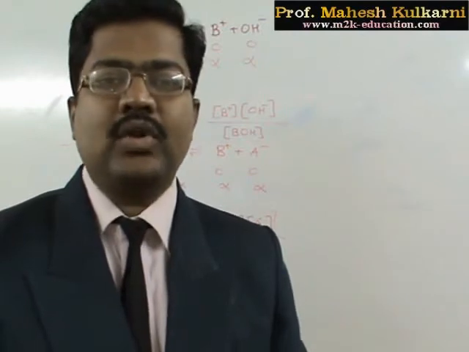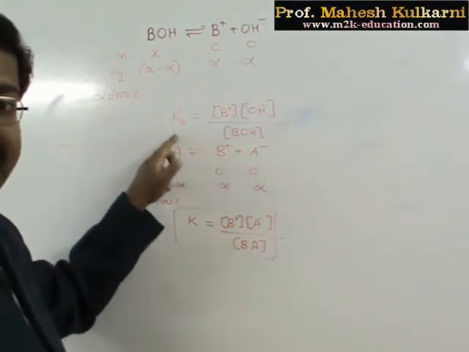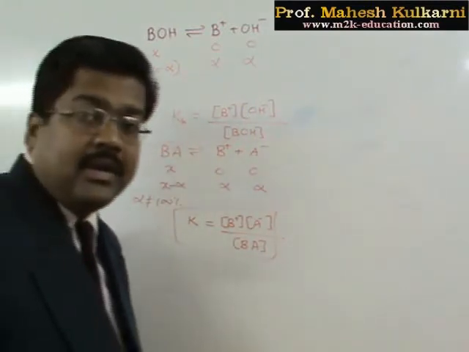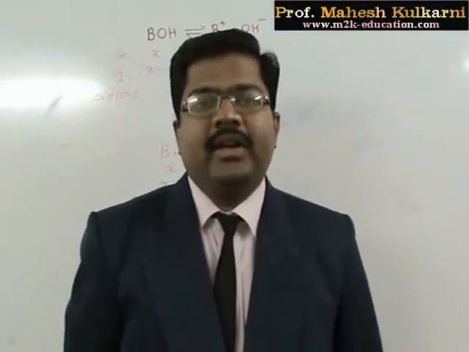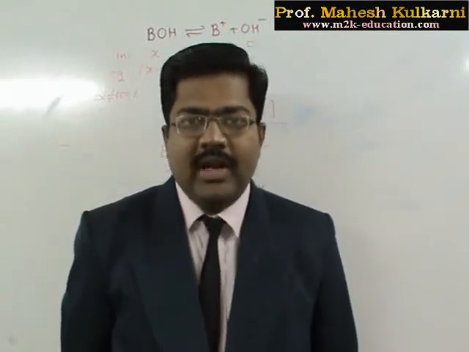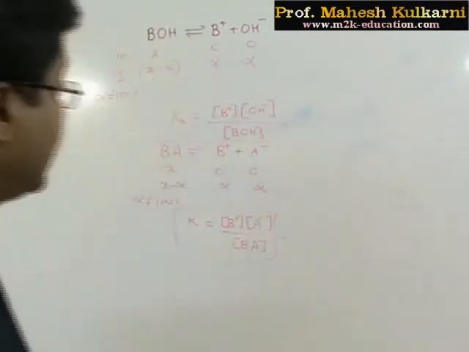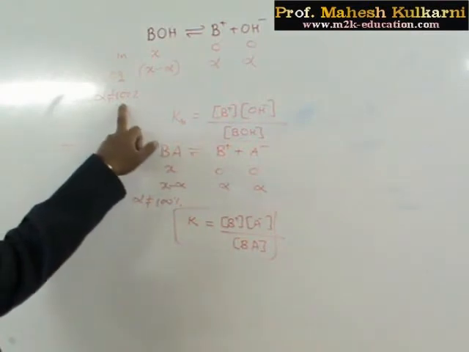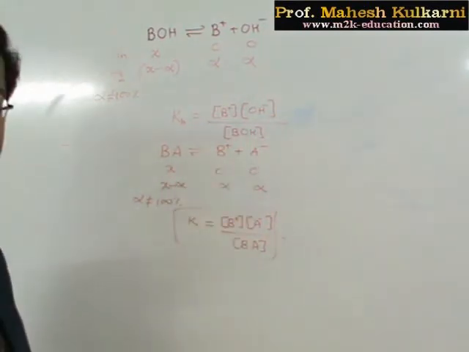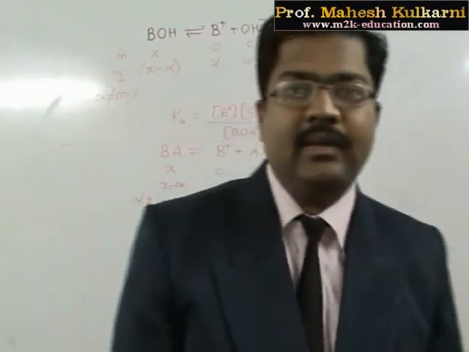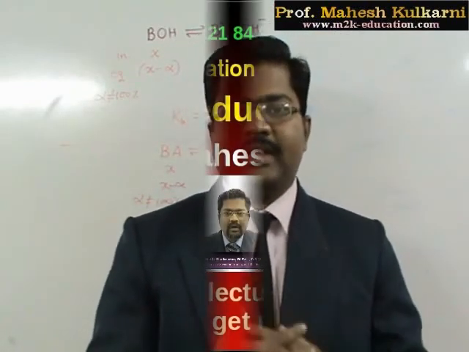That lecture will give us Ostwald's dilution law, that is the relationship between alpha and K, either Kb, Ka or K. Keep in mind, Ostwald's dilution law is applicable for weak electrolytes only. For strong electrolytes, Ostwald's dilution law is not applicable. The reason is that for strong electrolytes, we can consider alpha equal to 100%. If alpha is equal to 100%, then the denominator always goes to 0. Then we get no value of K, that is meaningless or infinite, and therefore Ostwald's dilution law is applicable for weak electrolytes only. So in the next lecture, we are going to